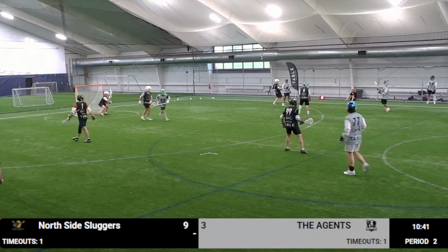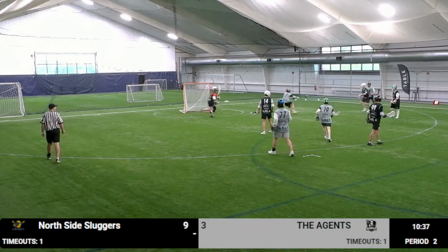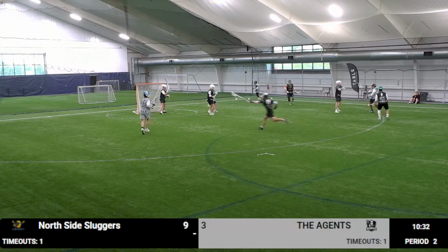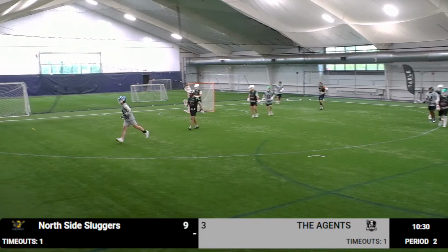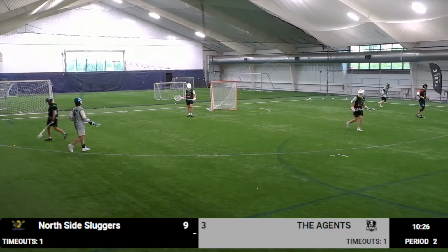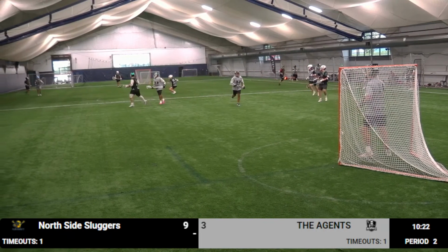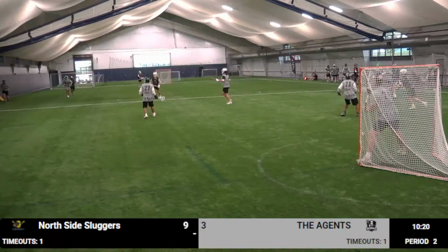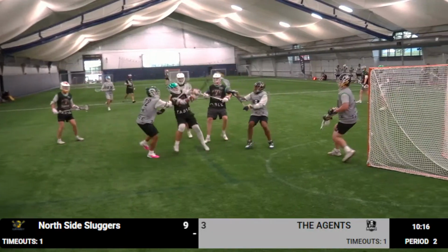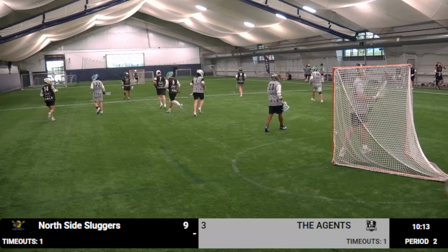Horton coming in, finds a cutter. Kunzig has it, has to flip it back. Moves over Huff, and his pass for Tumpa goes out of play. Speakman with the controls, right side, Dane Wilder. Wilden, bounce shot goes wide. Ball back